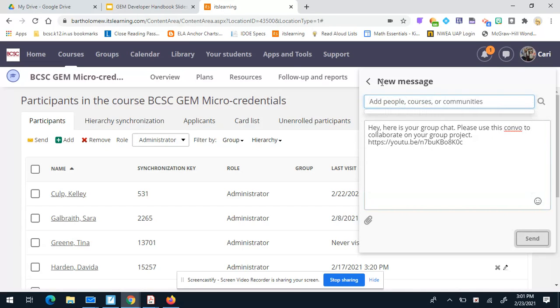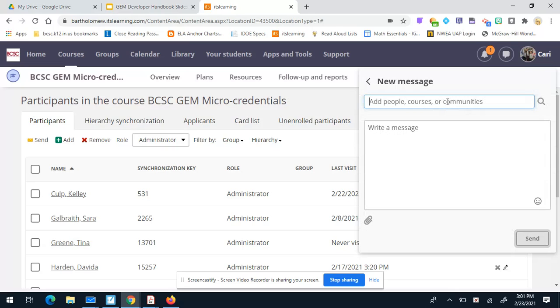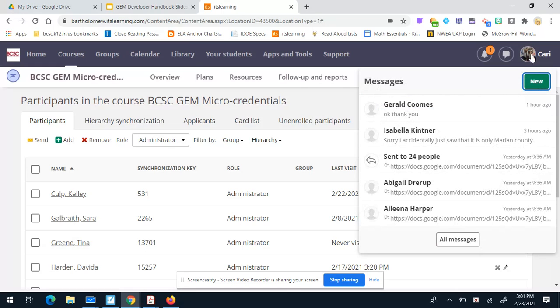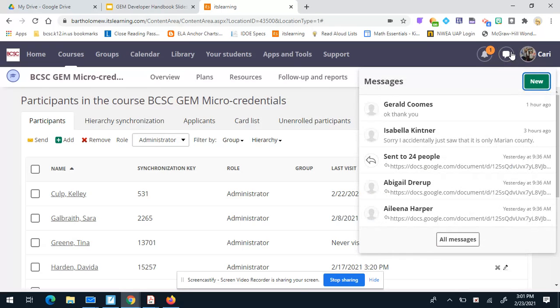And as always, as most of you probably know, if you want to send it to just one course participant, you would just click on new, type in their name. And you don't even have the option, obviously, to switch it back and forth because you're just sending it to the one person. So that goes a little bit more into depth with messaging, being able to differentiate who you want to send it to. Instead of, if you want to send it to your whole class,